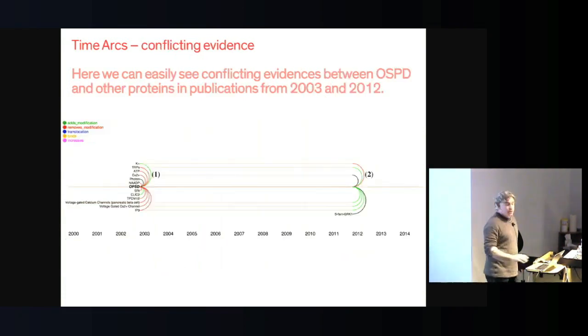On the other hand, the software also shows conflicting evidence, which perhaps is more interesting. It doesn't mean that one paper is wrong or one paper is right. It just means maybe the context changed, or maybe the experimental methods are more refined in future versions. But here you see an example where, strikingly, the add modification or remove modification indications by these colors are completely reversed in a paper that was published in 2012 compared to one that was published in 2003. So,